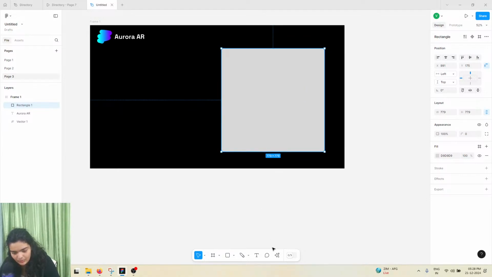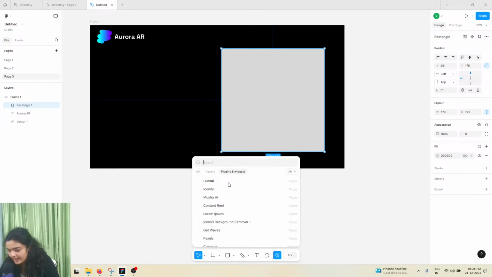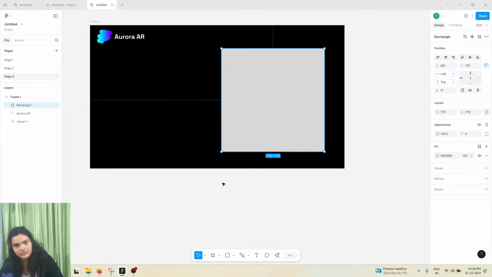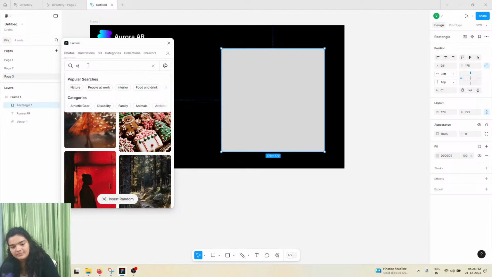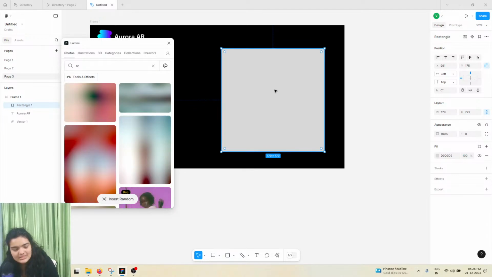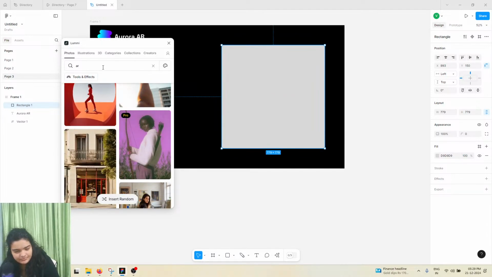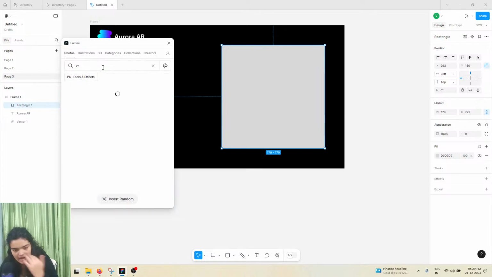And then we're going to go ahead and open my favorite plugin ever, Lumi, and then we're going to search for a techie modern AR sort of website, and hopefully that gives us something nice. Let's just search for AR. Let's see what pops up. Let's try VR, because a couple of these terms are